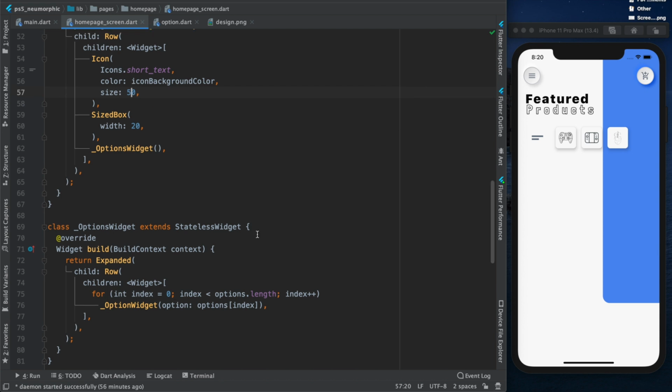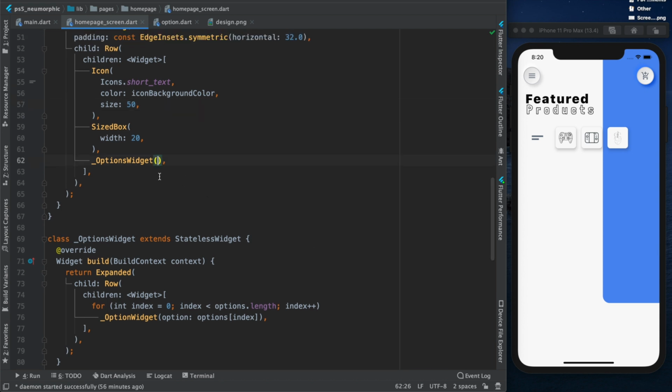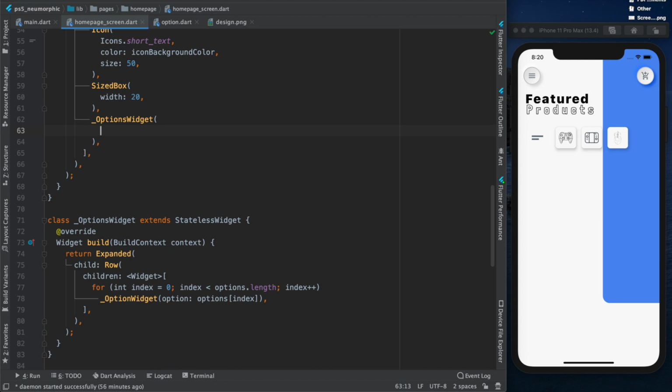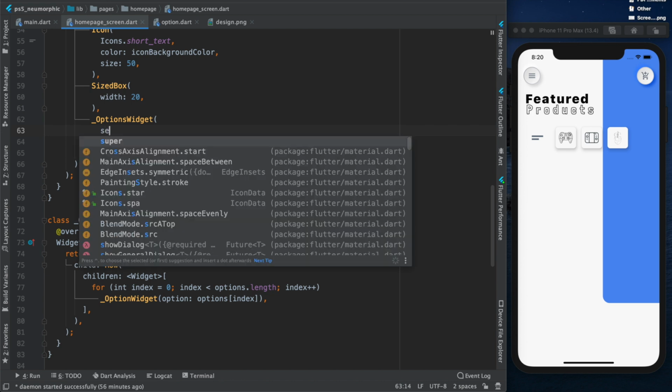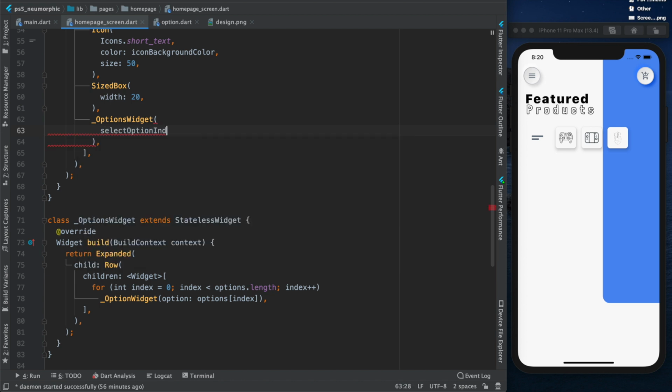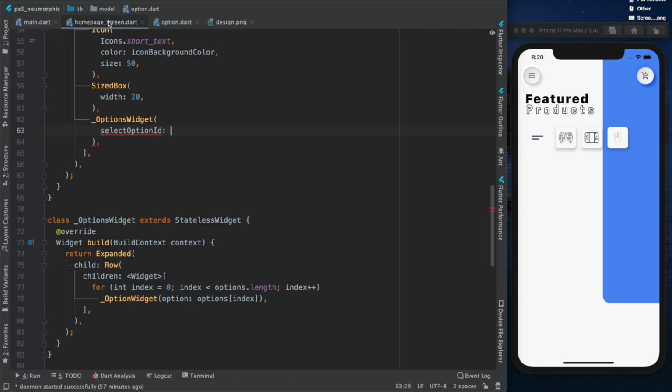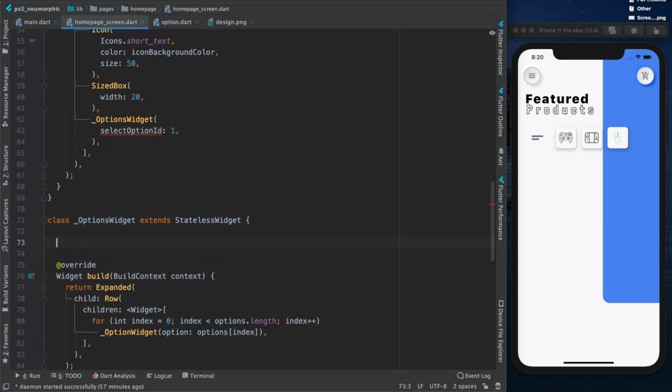Now we have to work on which thing is selected, so where it will be changed. Basically it should be changed from probably here. You have to mention which option is selected. So you will mention selected option index, or no, ID, because that will be more relevant. That's why I have given ID here. So this is 1 2 3. Right now I want selected option ID as 1. I will have to use this int